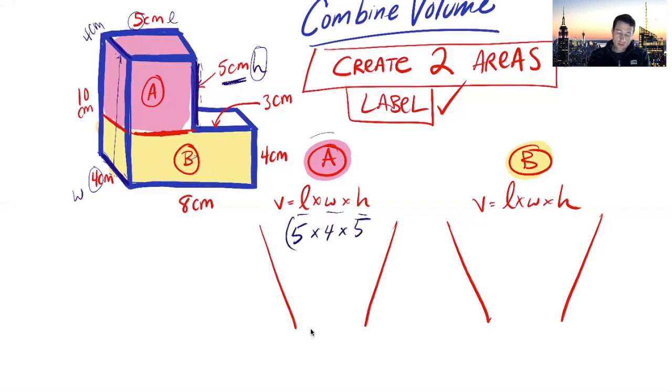Okay, so I'm going to start over here. 5 times 4 is 20. 20 times 5 is a simple 100, right? And because it's centimeters and because it's volume, I'm going to cube that. All right. So once again, this is probably one of the trickiest things, and I'll make sure I highlight this